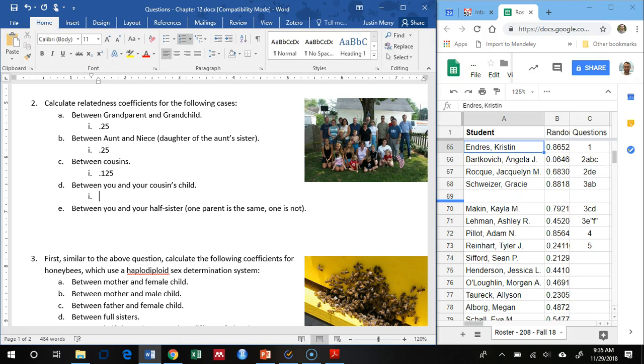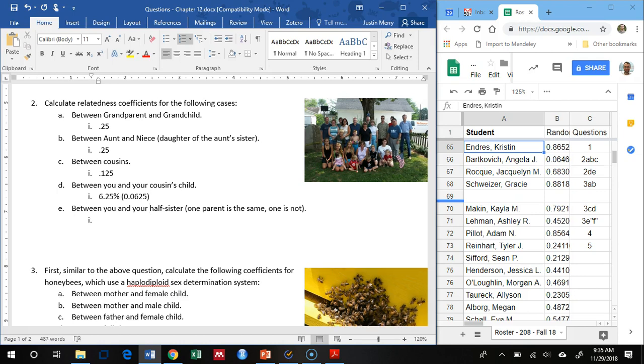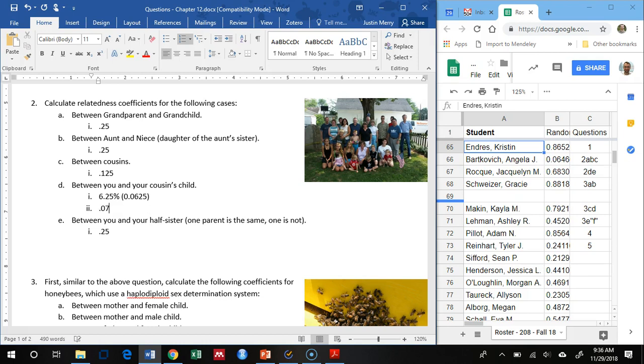Which would be, I'm going to do this just to make it easier for everybody too, if they did it the other way. For you and your half-sister. Then I may get anything different, or not know how to calculate one of these. I'm happy to go into them, but if we all understand it, then we'll just move on. Okay. What did you get? Kind of close, right? It's not the same number.